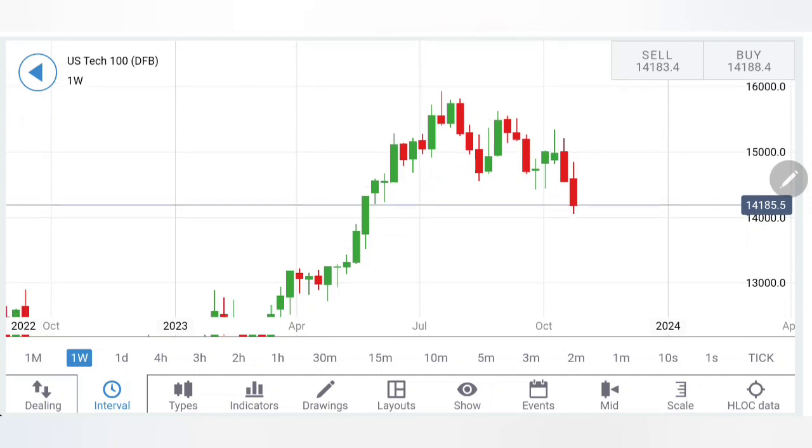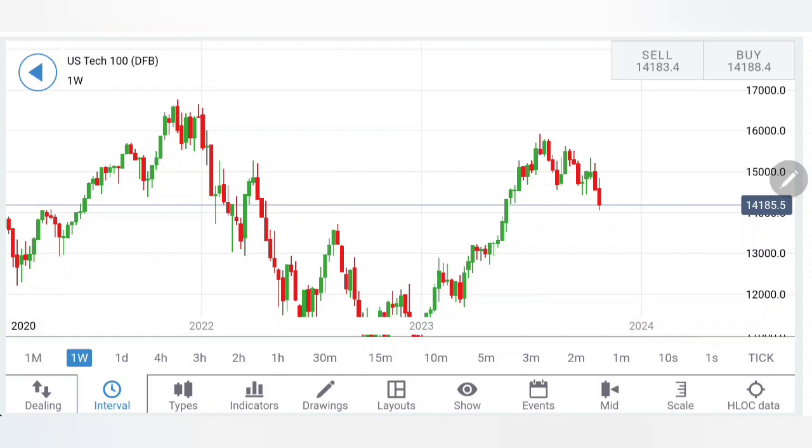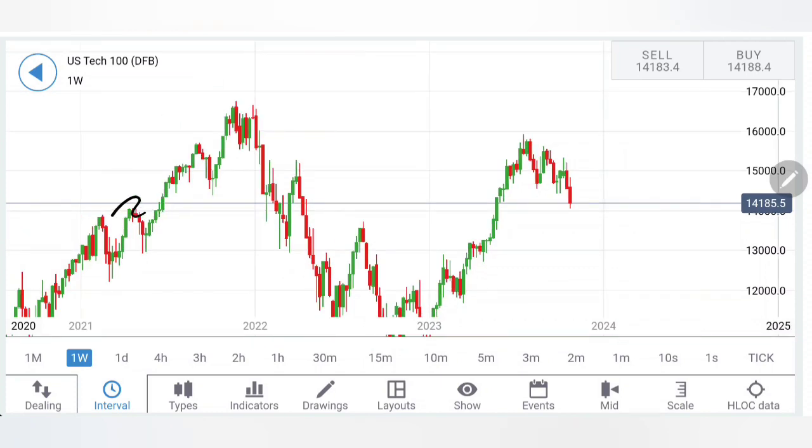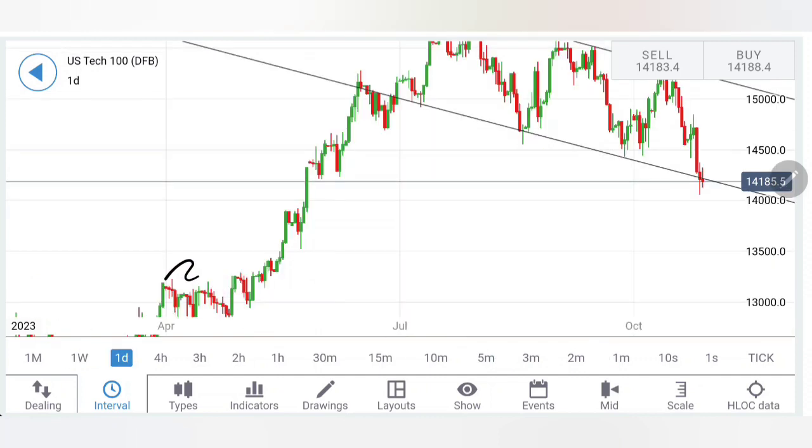On the downside, there are very strong support zones. First, 14,000 is definitely a greater support zone. The 14,000, 13,800 or 900 zone is a great support for Nasdaq 100. Now if you note the breakout, this was the breakout zone after the consolidation, the 13,500-600 zone. It has immediately retraced and then the rally